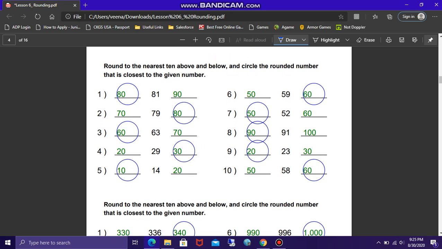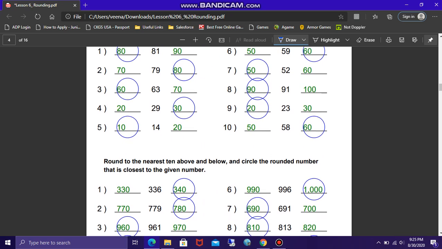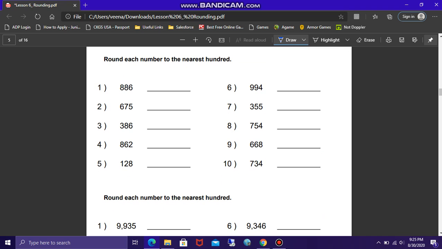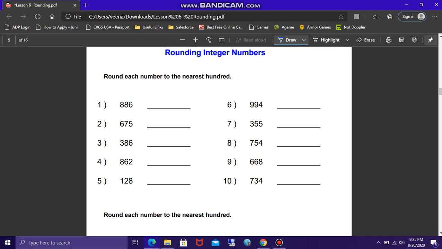Cool. So yeah, we got this part right. So this would be a little harder. We had to round each number to the nearest 100. So now we have 3 place values, the 8 here, 8 here, 6 here. For this one, remember the same rule. If it's below a 5, then it's going to go below. If it's above a 5 or equal to 5, then it's going to go up. So for this, it's above 5. So it'd be